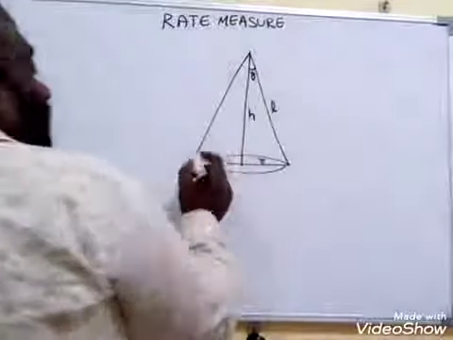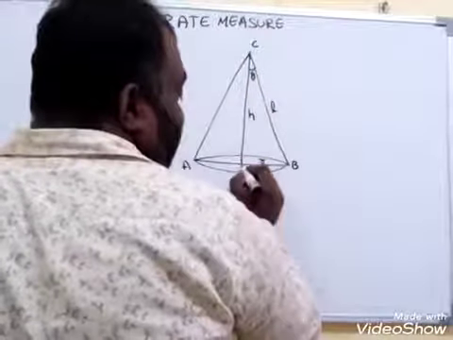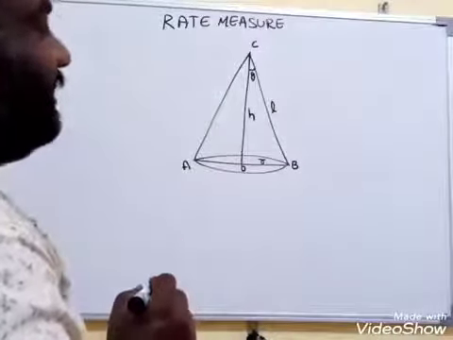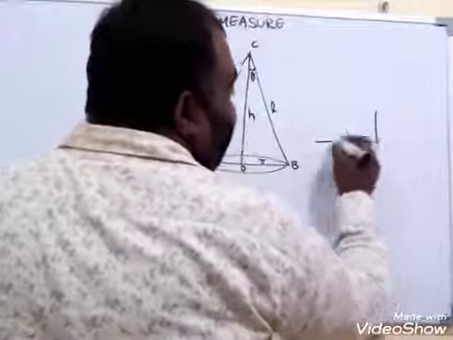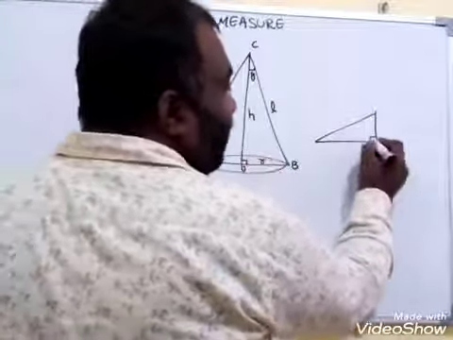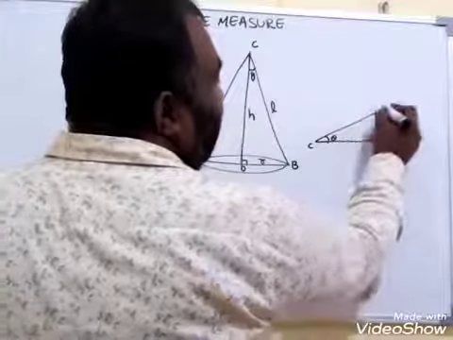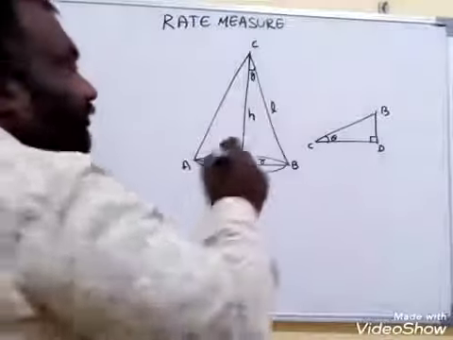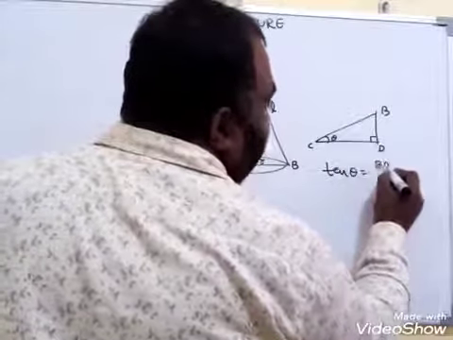Here observe, if I take this as A, B, C and this as D, what do I get? BDC is a right angled triangle. Where is the right angle? At D. That's why we put the right angle mark here at D, the cone vertex at C, the angle theta here, and this is B. Now from this, what is tan theta? Tan theta is equal to opposite side by adjacent side, that is BD by CD.